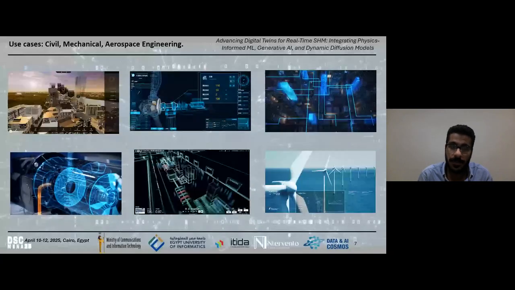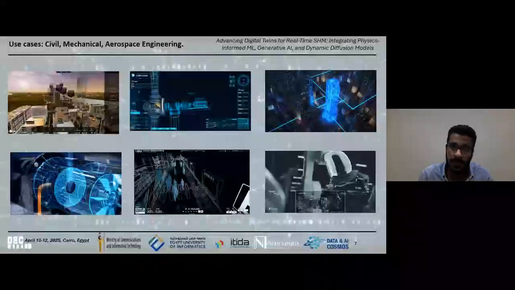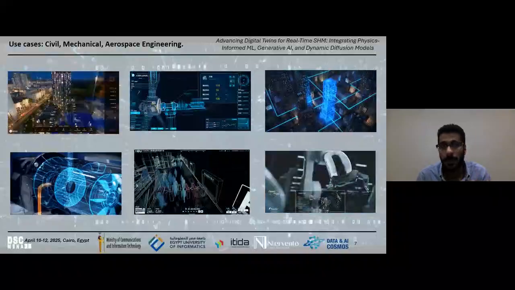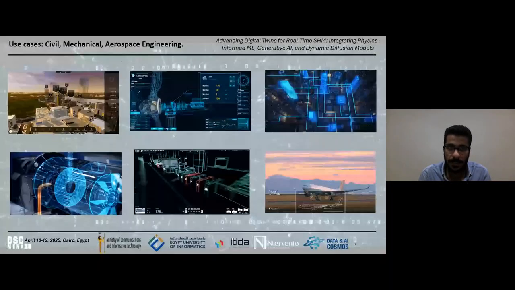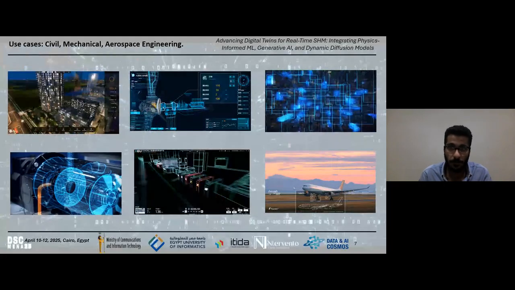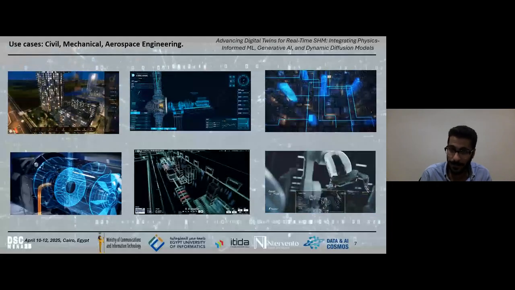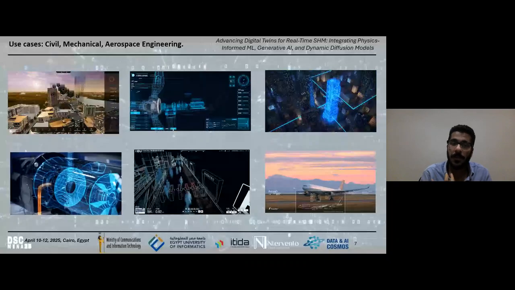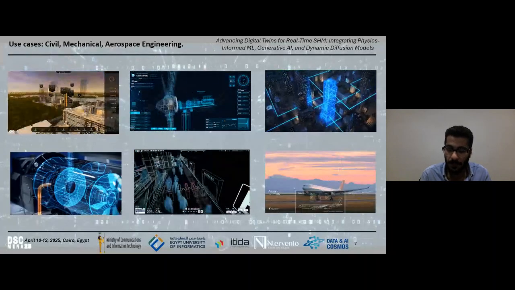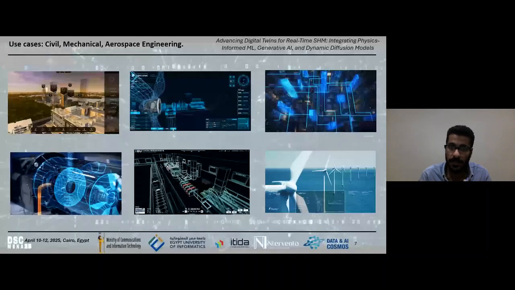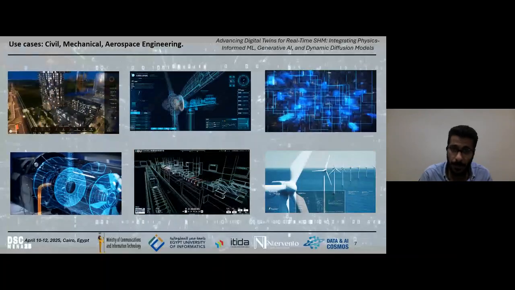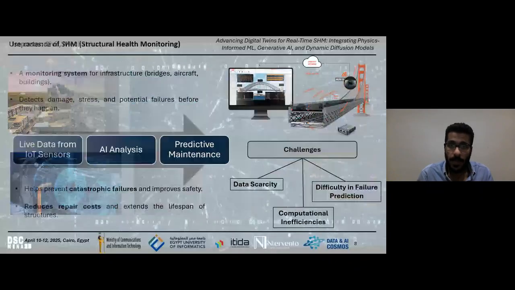So a little bit about the use cases of digital twins. As you can see, it's a snippet from different sectors. We are using digital twin for urban planning, for connecting the infrastructure. We're using digital twin for predicting anomalies or failures in wind turbines. We are trying to use it for smart cities, to predict failures, or to simulate the current behavior of the fans, like what Siemens has done with the flight component. They are trying to monitor the real-time behavior of the component while the flight takes place in real time.